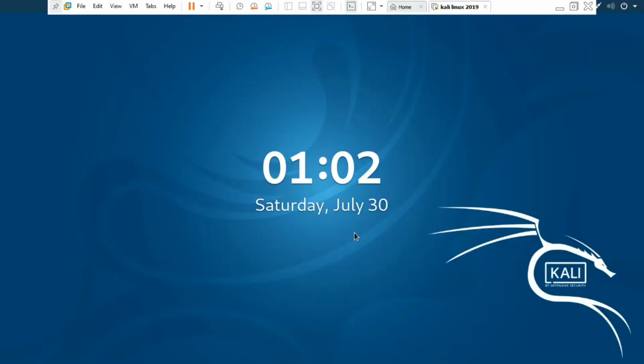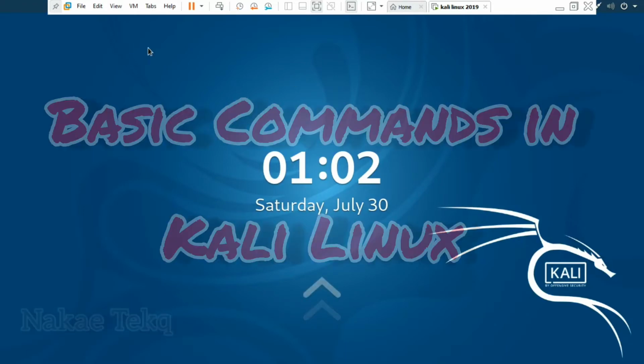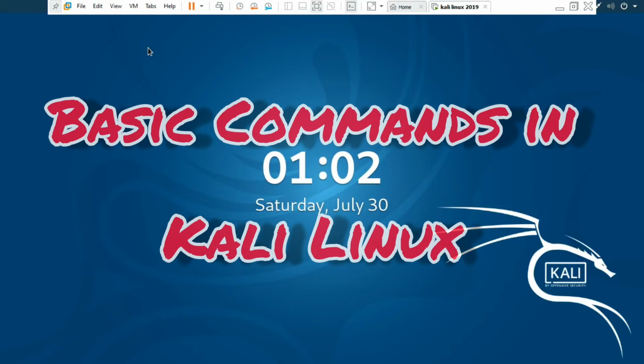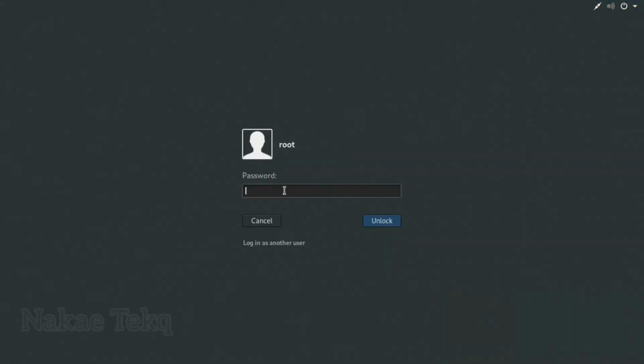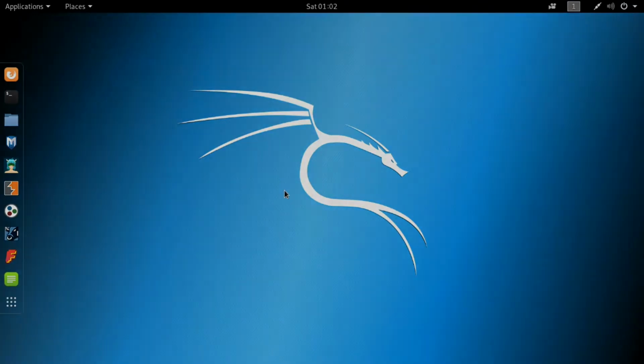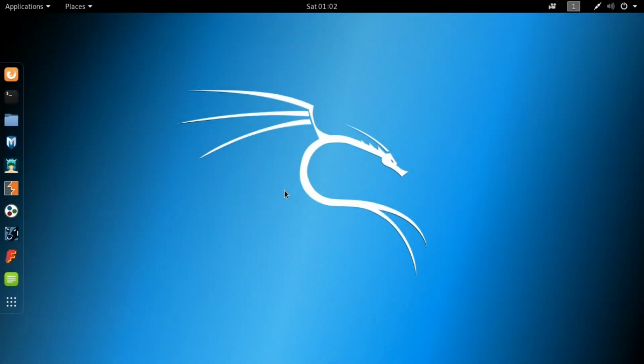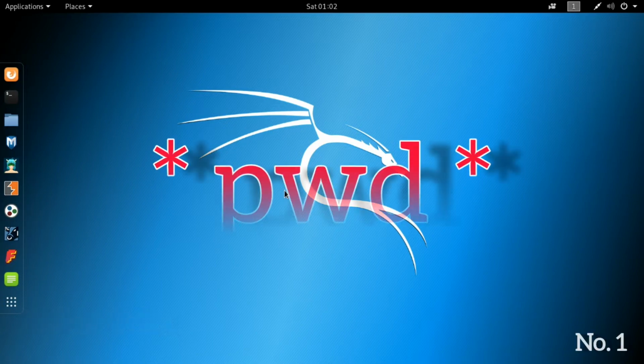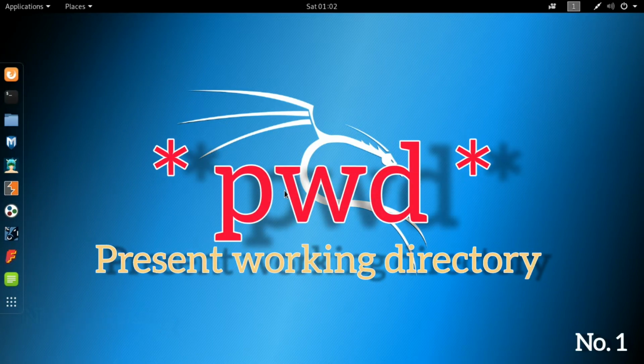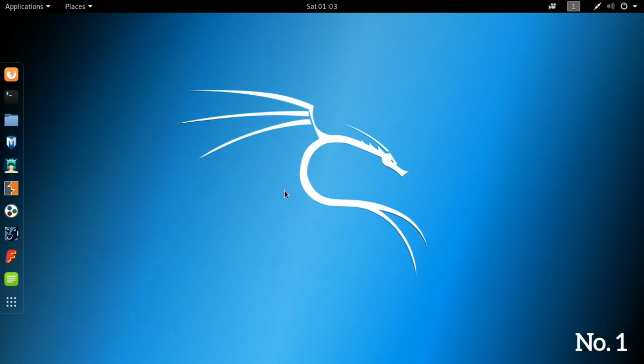Okay, so in today's tutorial, we are going to look at some basic commands that will help us keep running our Linux machine. So the first command is called pwd, that is short for present working directory. When we say pwd,